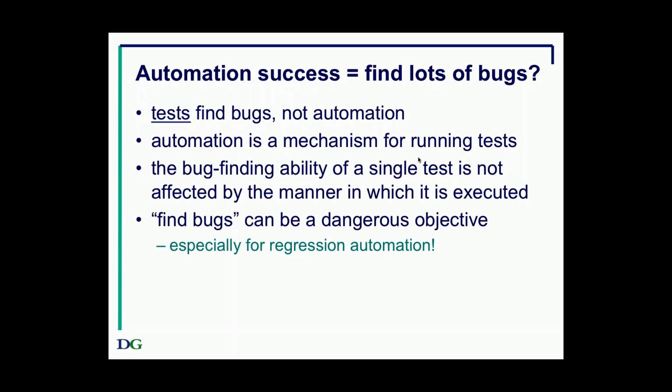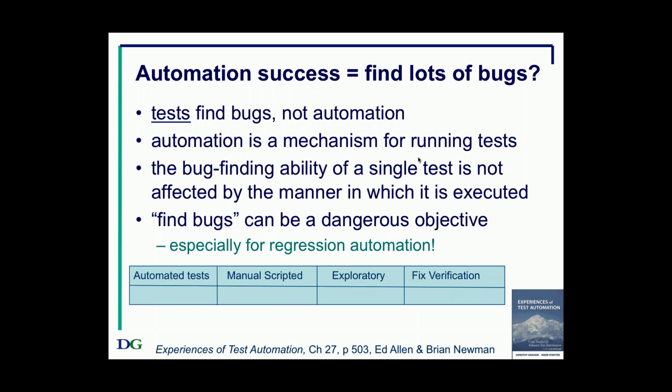At one of the conferences, I sat next to a guy, introduced myself, and he turned out to be a very high-level manager who had come to his very first testing conference just to find out a bit about it, which was very laudable. And I asked him about automation, and he said, well, yes, the guys are doing some automation, and they tell me they've got lots of tests automated, and they're running them every night and every weekend and things like that. But I'm thinking of knocking it on the head. Why? Sounds like they're giving you some benefits of value. Well, they're not finding many bugs. Now, this was regression automation, and it wasn't finding many bugs. Regression tests don't find many bugs.